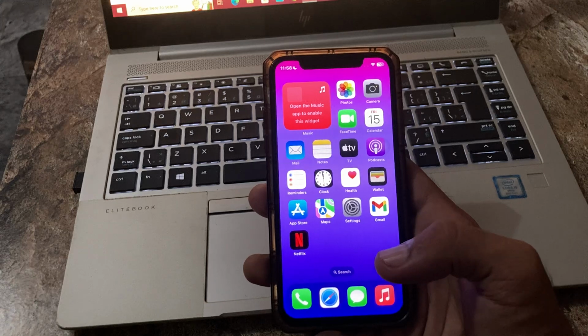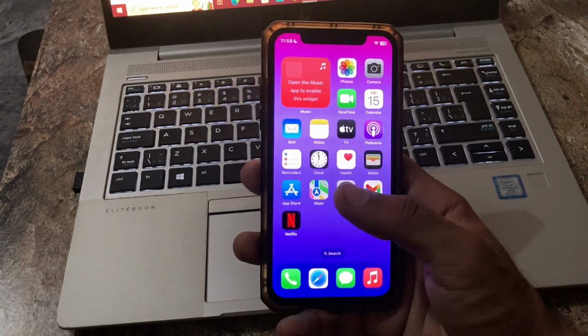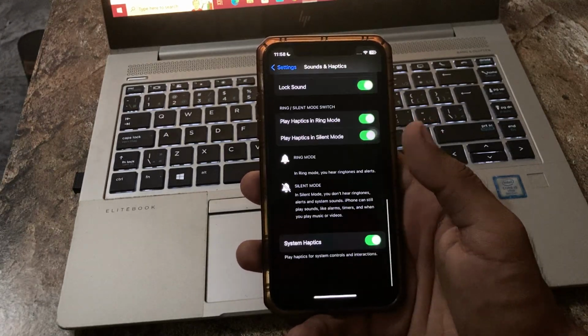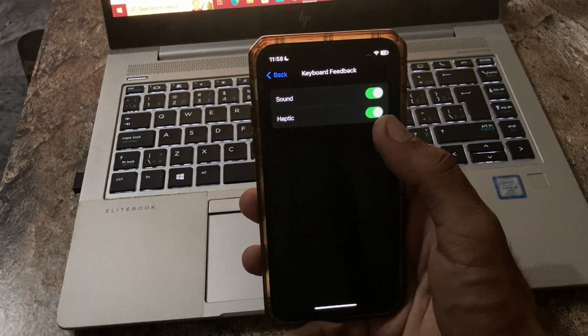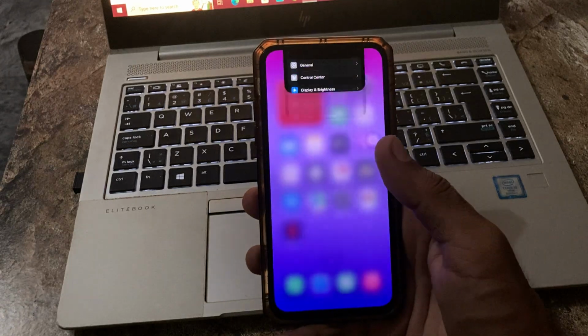And then after this, the next solution is turn off keyboard haptics on your iPhone. So for this, go to settings, scroll down, tap on sounds and haptics, scroll down and tap on keyboard feedback, and here is the haptic. Tap to turn this off. And then after this, the next solution is